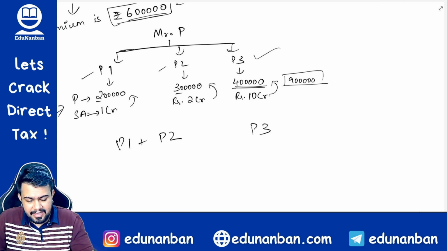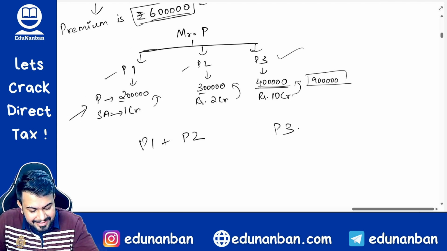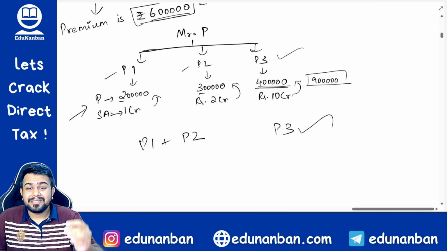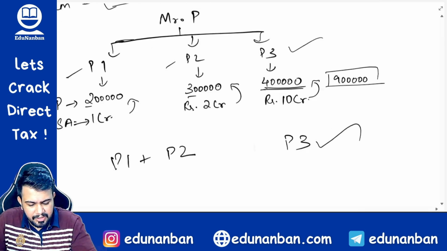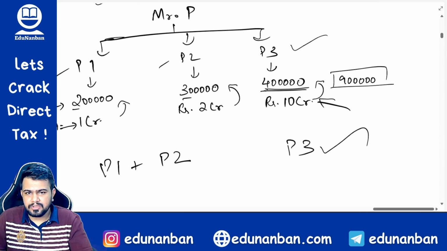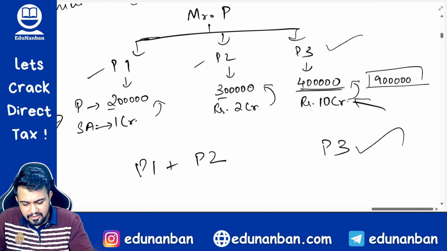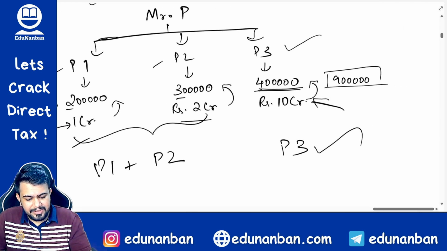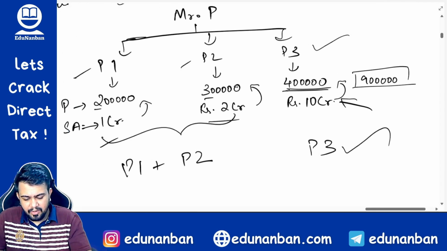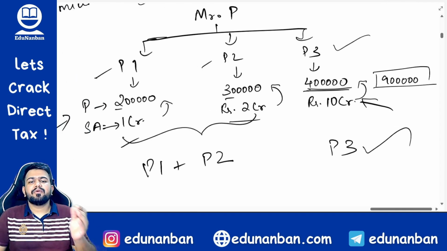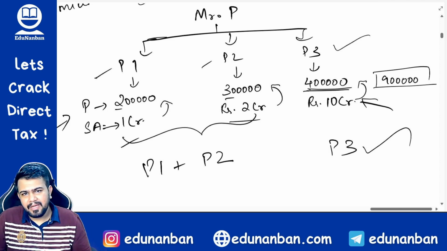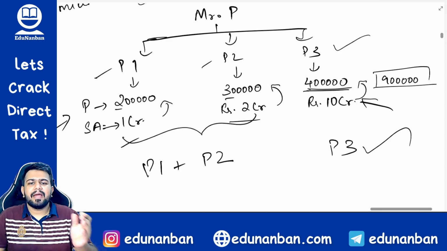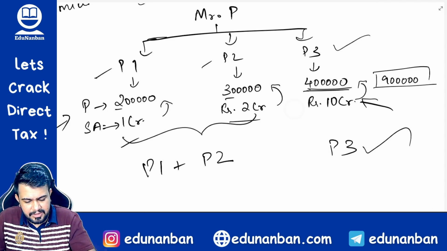Answer is, in this case the assessee should choose policy 3 as exempt, because the sum received from the life insurance policy is going to be how much? 10 crores. Whereas in the case of policy 1 and policy 2, both combined you are going to get only 3 crores. So choose this 10 crores as exempt, and on this 3 crores which is possibly going to be received, make it taxable and pay the tax, if at all an amount is received from the life insurance company.